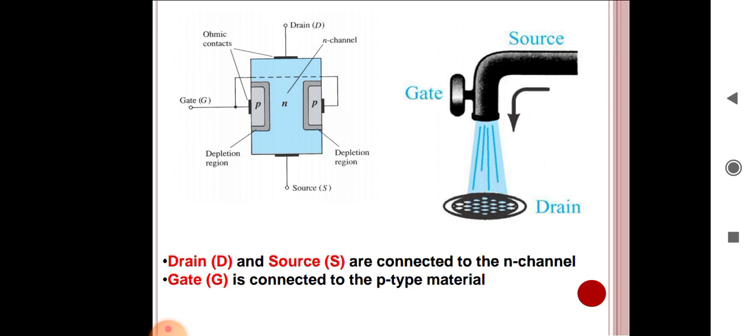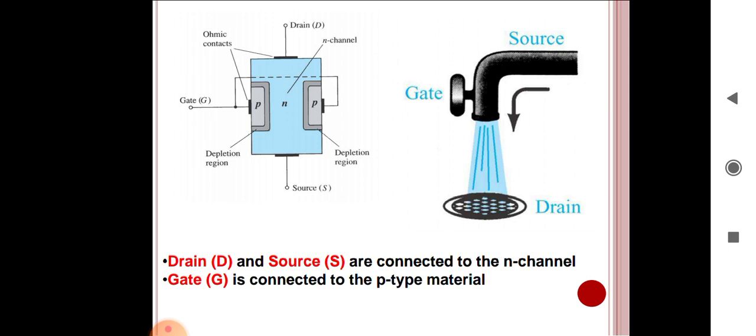So here the construction is shown. It consists of an n-type semiconductor bar with two p-type heavily doped regions. Means these p-type regions are heavily doped, means there is a large amount of charge carriers inside them. That's why it is called heavily doped. So remember that p-type semiconductors are heavily doped and n-type is lightly doped as compared to p-type. These p-type heavily doped regions are diffused on opposite sides of its middle part.